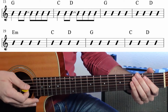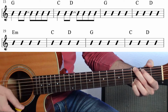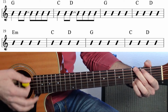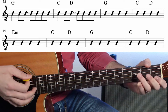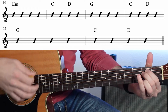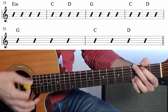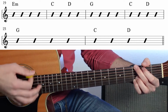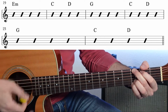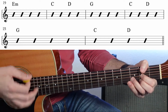1, 2, and 3, and 4, and G, 2, and 3, and 4, and C, C, D, and 4, and G again, 2, and 3, and 4, and all I ever had, 2, and 3. Here we go. C, C, redemption song, 2, and 3, and 4, and 1, 2, redemption song, 2, and 3, and 4, and 1, 2, and 3, and 4, and